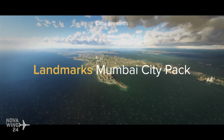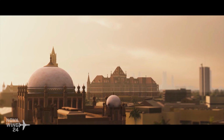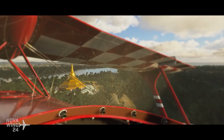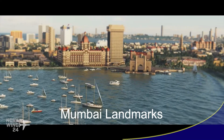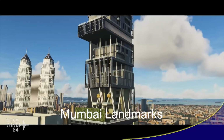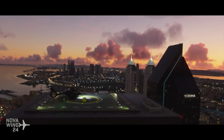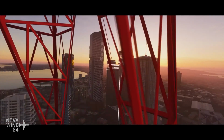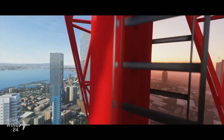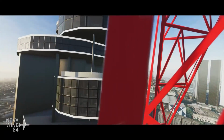And rounding out the MSFS release news for this week, I saw this week the latest in the landmarks packs from Orbix, their release of the Mumbai City pack for MSFS. So this one gives 16 highly detailed hero assets, including the Taj Mahal Palace Hotel, Gateway of India, Chhatrapati Shivaji Terminus, Omkar 1973, Imperial Towers, and the Bandra-Worli Sea Link Bridge included as well, along with over 100 medium-detail custom landmarks